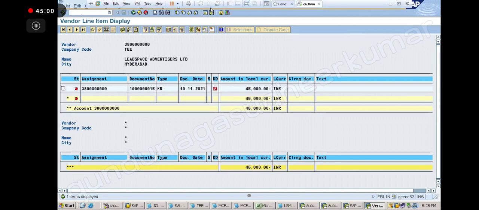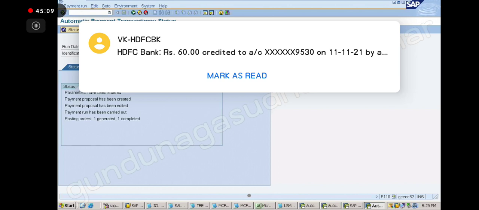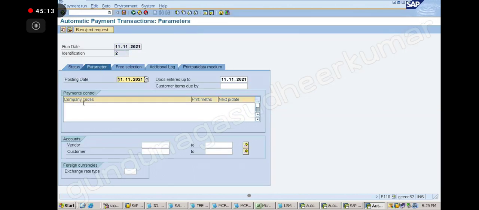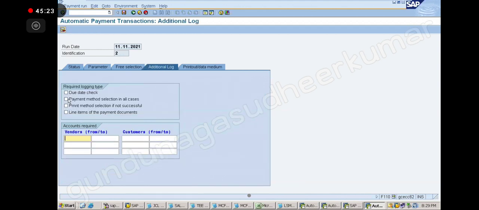Okay. Understood? So now I want to run and show you, right? The next run I want to run immediately. Number 2, you see now. Everything I will give the same: due date, payment method, line items, vendor number is this, correct?